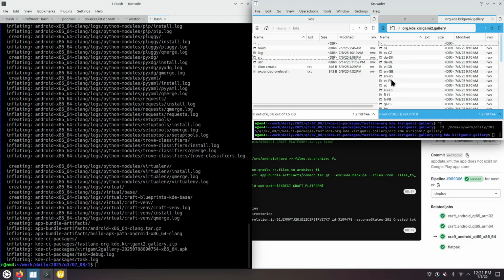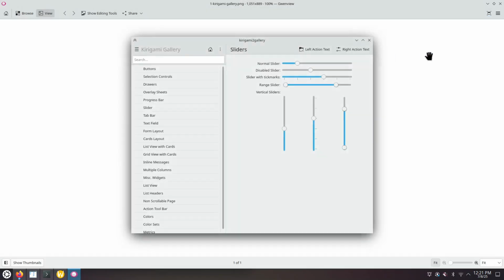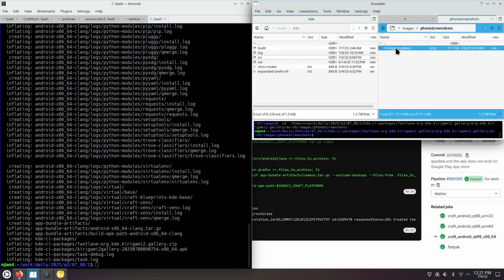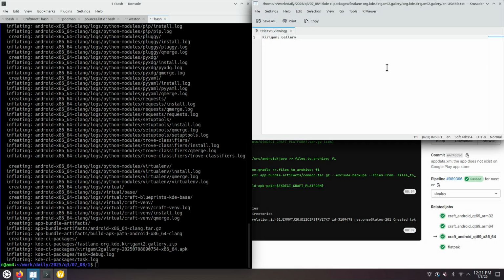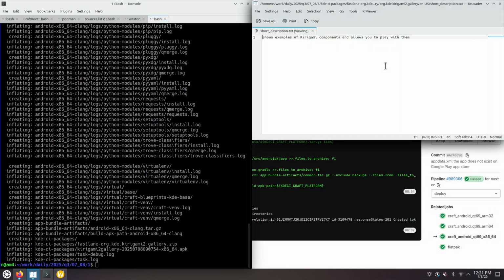And then there's the screenshot images. This one. It's a screenshot created on Linux, and this is not an Android screenshot. There's also an icon. A plain text file with a single line with title, description,